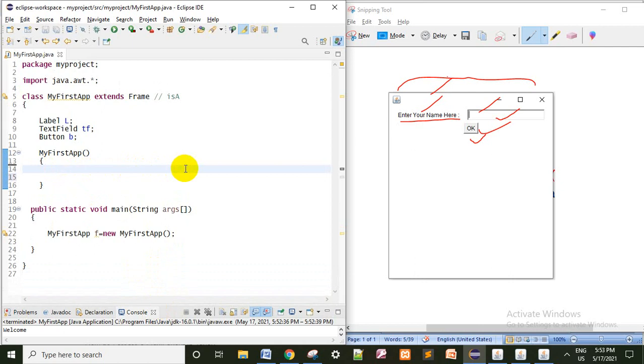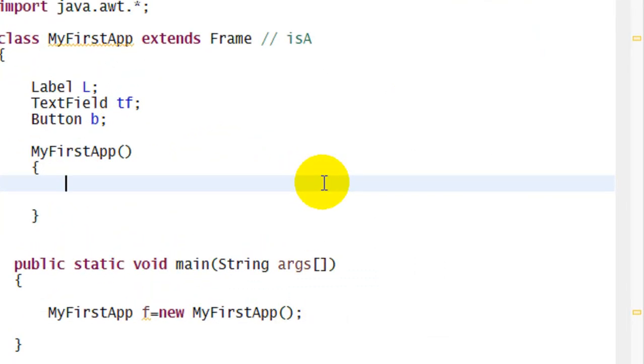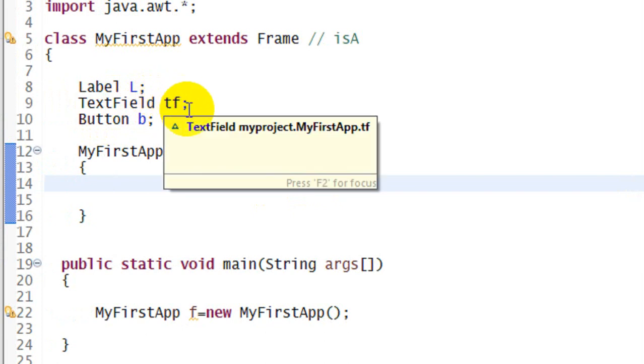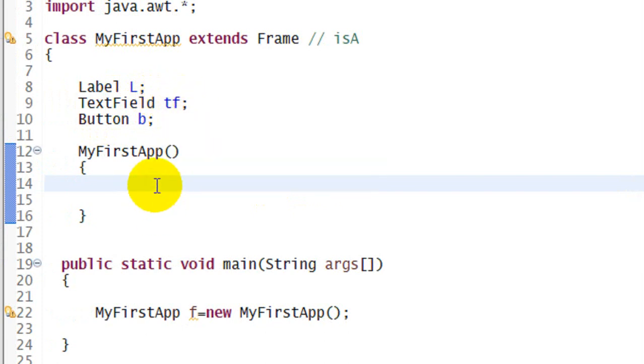So save this one. Now here what I am writing, first I need to create a label. A reference variable is already created, so just take the reference variable, capital L, or you can take small l, sorry, equal to new Label.